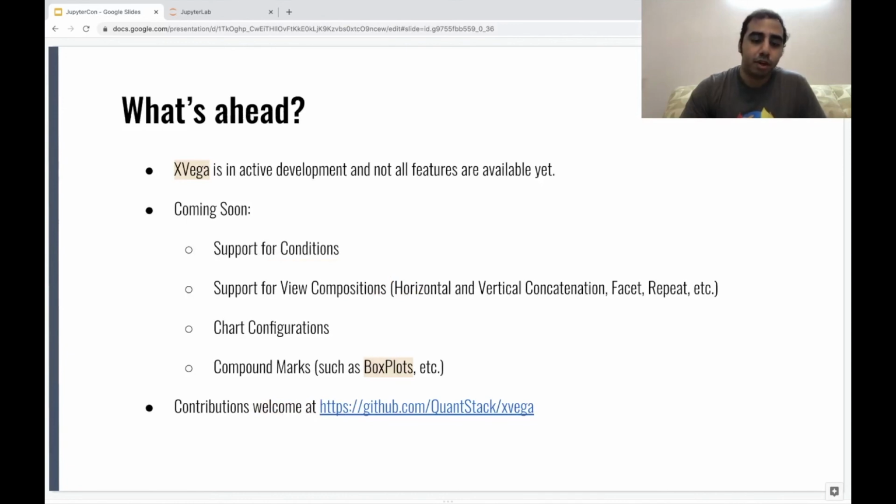So what are the future plans? XVega is actually in active development and not all features are available yet. We need to be able to support conditions to make selections and interactions useful. We then will add support for view compositions, which is horizontal and vertical concatenation of plots, chart configurations, and compound marks, such as box plots, etc. Contributions are welcome at the official repository,